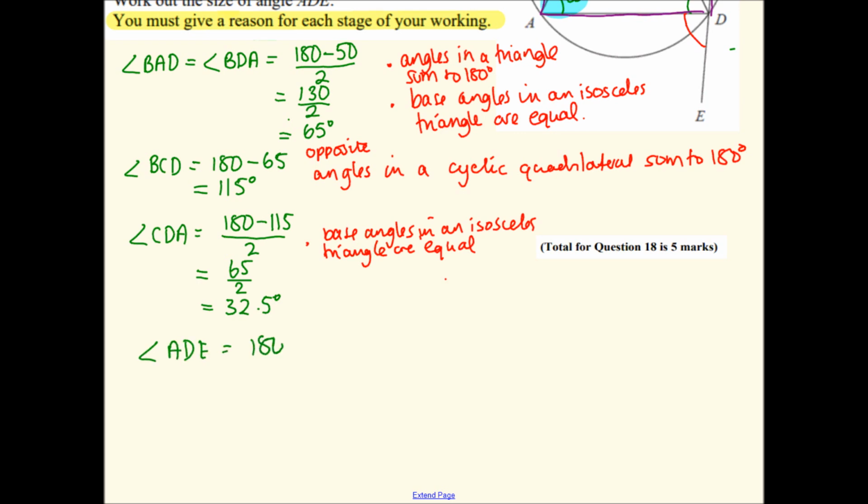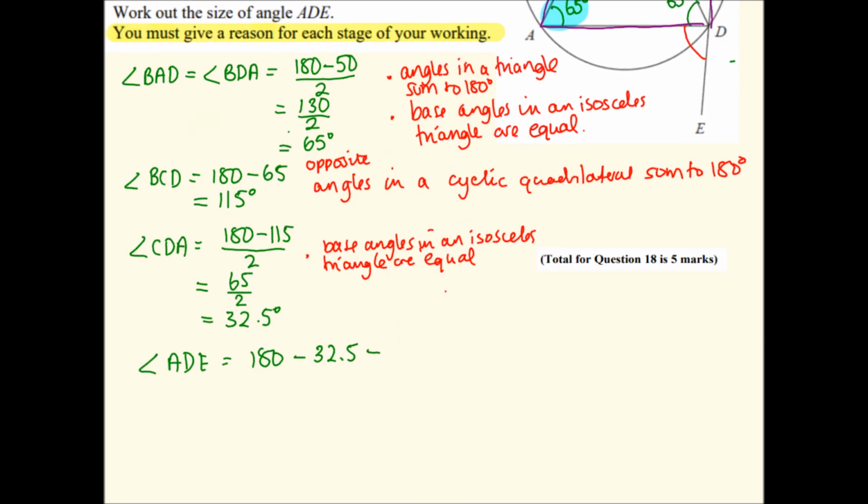That's going to be equal to 180 take away our 32.5 and our, what was it, 65, and that should leave us with, if we just do a quick calculation on my calculator, 82.5